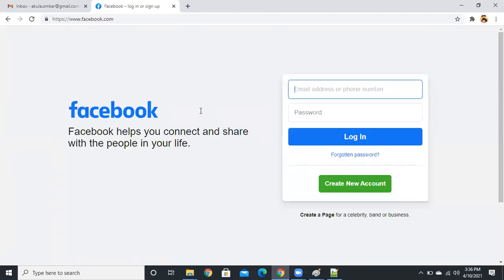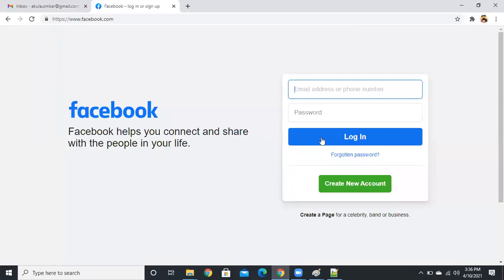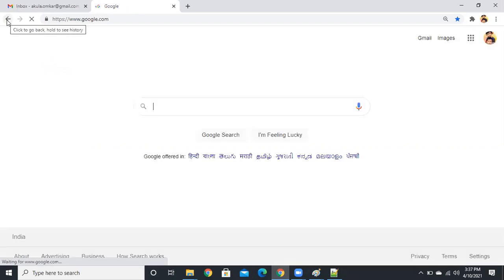Suppose if you want to arrange them one by one, we just use the break element. Then it will display one by one. Click on display, it opens automatically in the same tab only. Suppose you want a new tab, what will you do? Generally, we need to right click and open a new tab, right? But not like that. When I click on this link, it should automatically open a new tab.